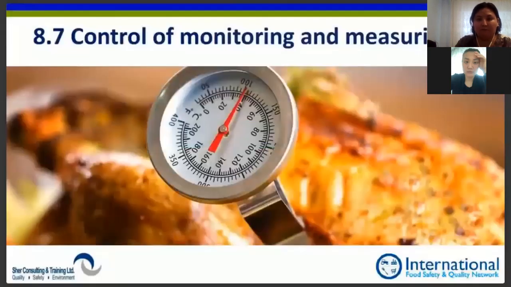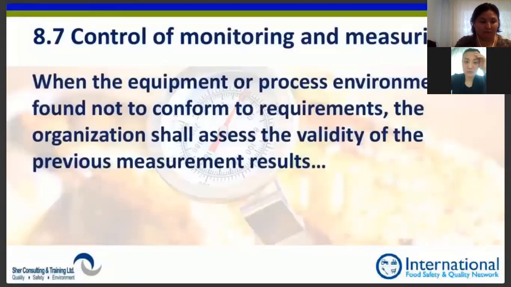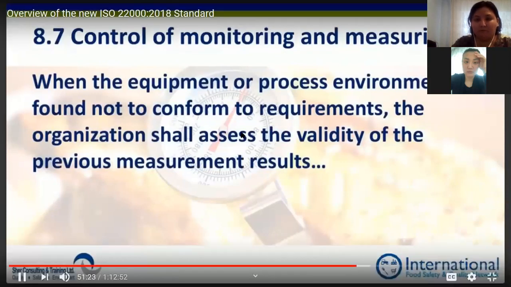Control of monitoring and measuring. When equipment or process environment is found not to conform to the requirements, then we must assess the validity of the previous measuring results. I want to talk about this for a second. This is new, and this is great, and it wasn't written previously. What it means here is that if we have a measuring device, like a thermometer or a dosimeter or a flow meter, any measuring device, a pH meter, it must be calibrated, like all measuring devices according to ISO 9001. However, if that